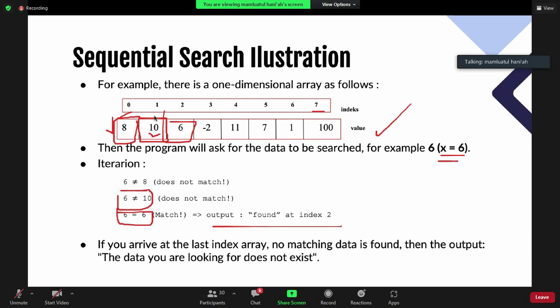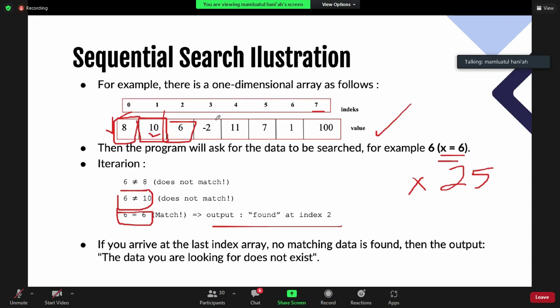Okay, if you arrive at the last index, maybe your key is 25. You compare it with x, it does not match. You compare again with 10, it does not match again. You compare with 6, it does not match. It does not match again until your last index.